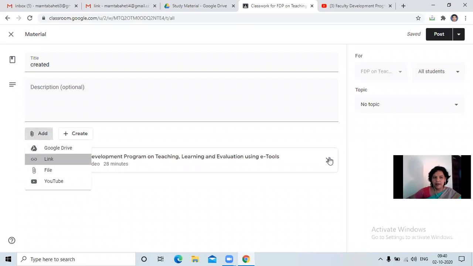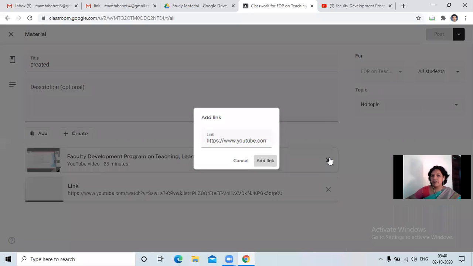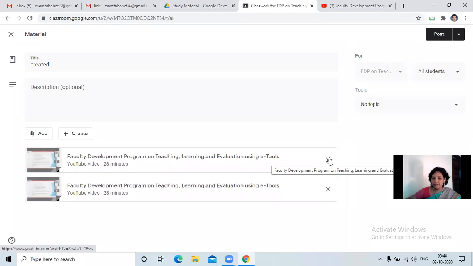Click on add link and paste it. I hope you all got it. If by mistake a different file is attached, to remove that particular link, just click on the cross.